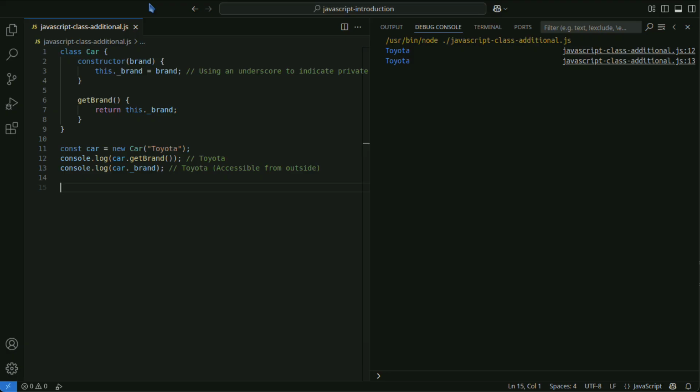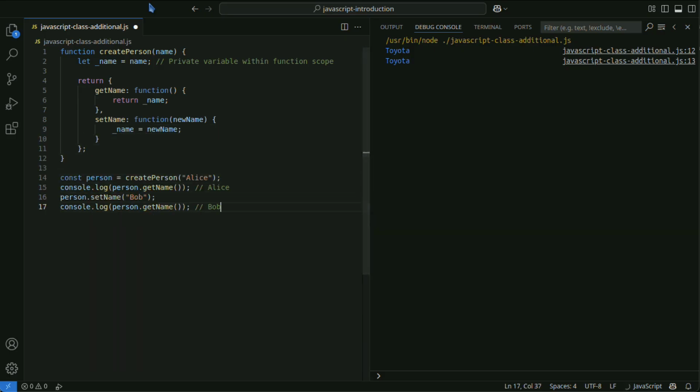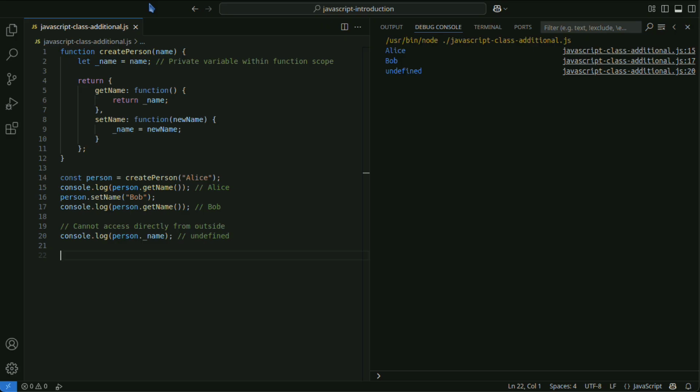It's also possible to achieve private properties by using closures with function scope. With this method, the variable _name is enclosed within the function scope and cannot be directly accessed from outside.